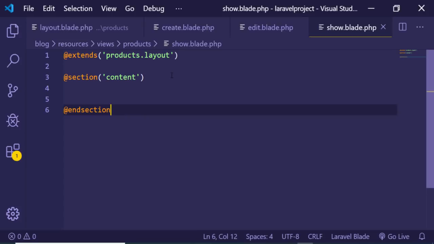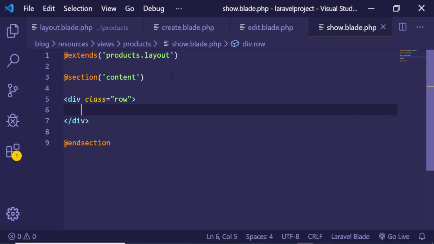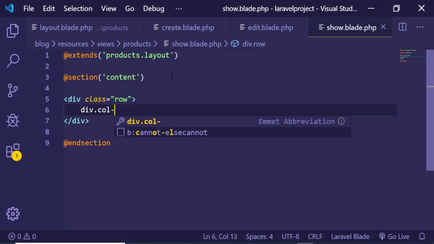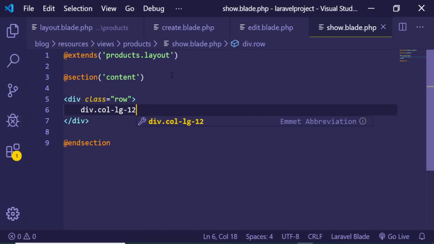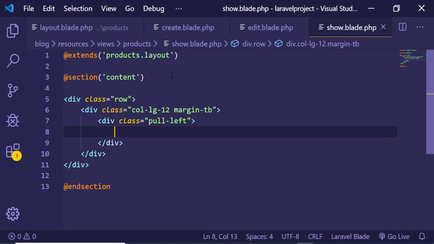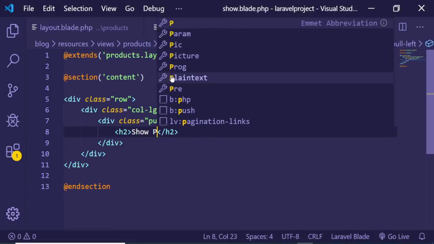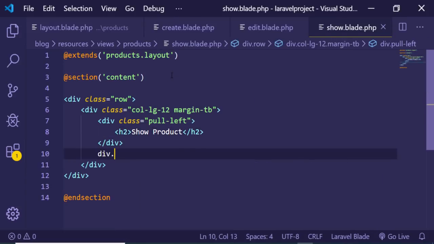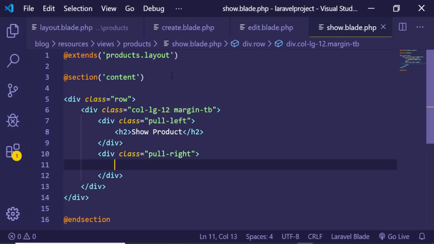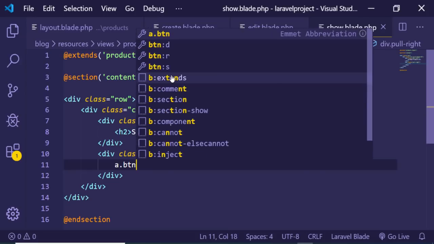So inside the section guys, we will first of all be having a simple div which will be having a row class. Inside this we will be having another div which will be having a class of col-lg-12 margin-tb. So inside this we will be having a class of pull-left, and inside this we will be having a heading of "Show Product", and also we will be having a pull-right class. So inside this we will be having an anchor tag which will be btn btn-primary,